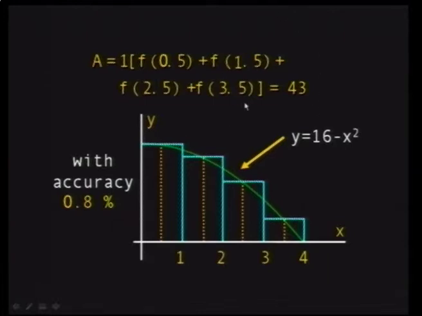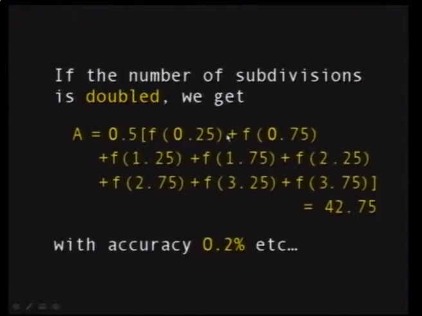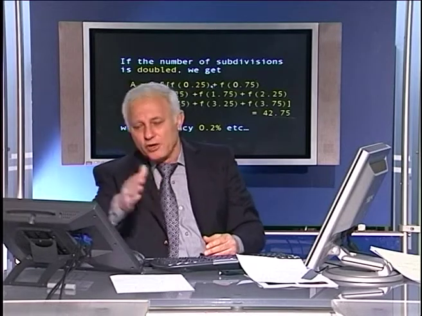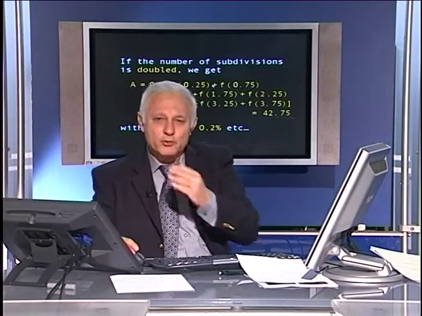Now, the exact area you have to calculate. You can calculate it using the fundamental theorem because this is a continuous function. So we found that there is an accuracy error of 0.8%. Now, if you increase your subdivisions, if you double them, in other words, if you take instead of 4 heights, 8, for example, you take 3 points in each small subdivision, and then the end point, and you keep proceeding like this,